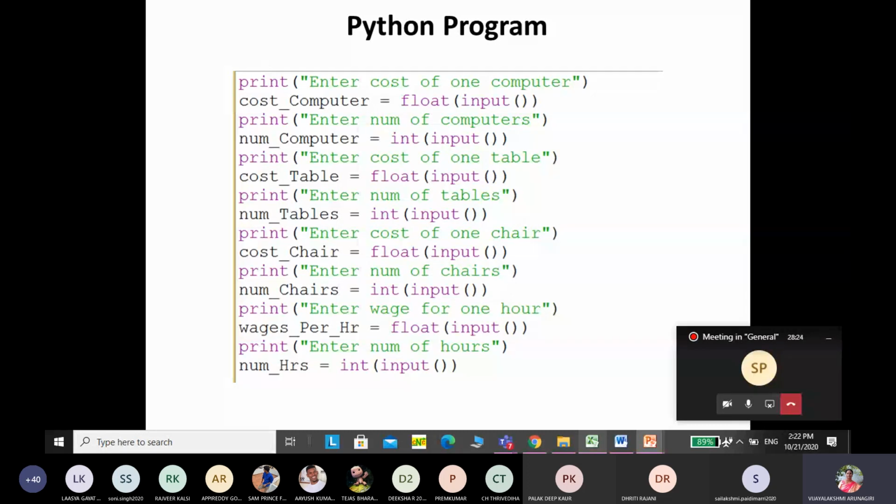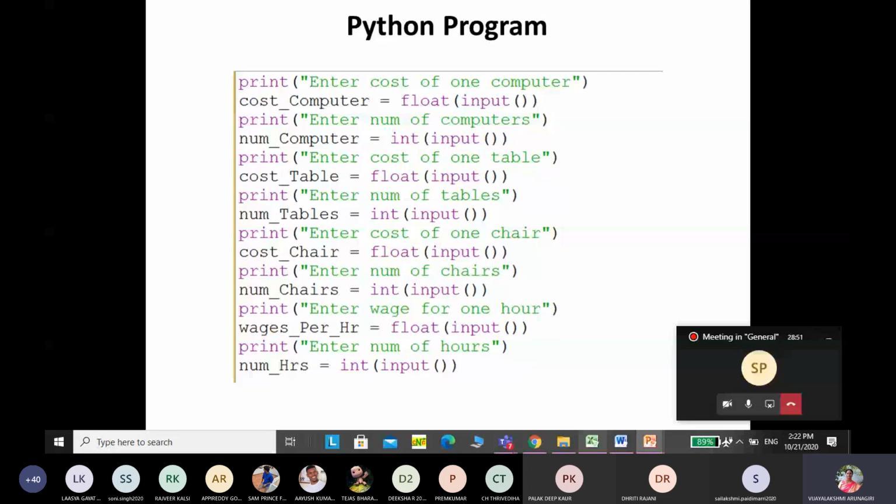So these are all the things we have to take as input. I have used only the input statement here. The print statement is given for understanding. As it is an example problem, I have given the print. But when you are writing the program, no need to write the print, because you know what type of input you have to give, and don't use unnecessary print when we are going to solve the problem in VPROPEL.